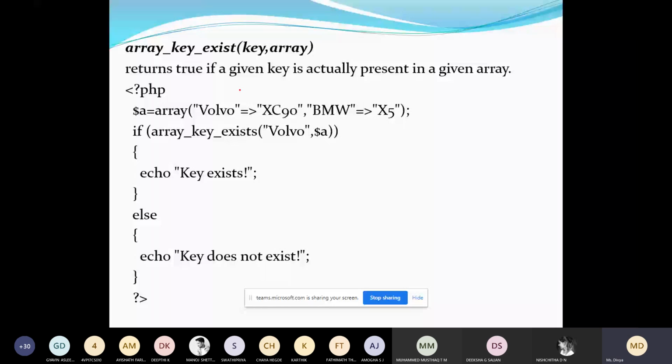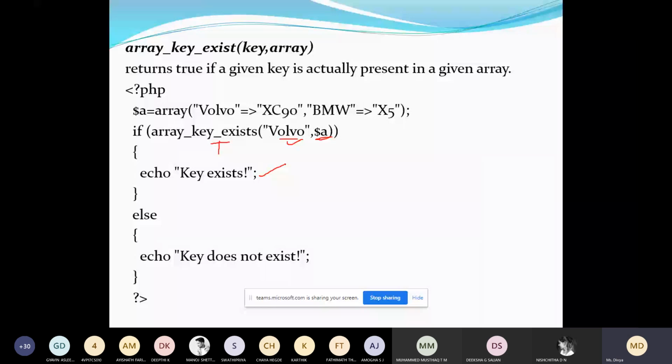In the array $a, whether you have this key. Yes, it is there. If it is there, it returns true. Now in this example, it will display the message that the key exists.